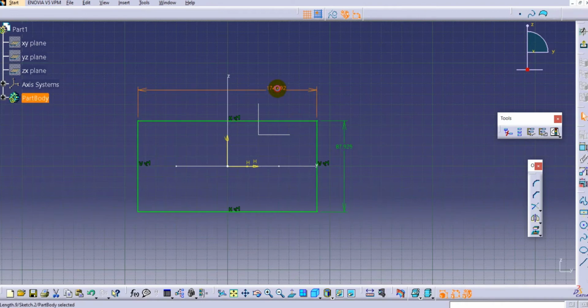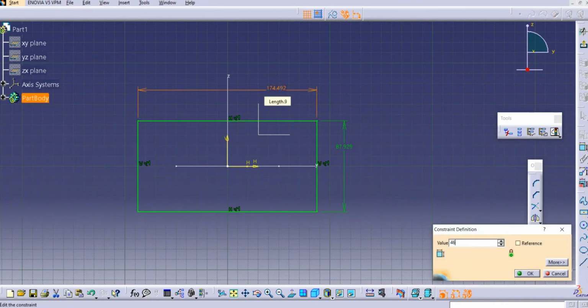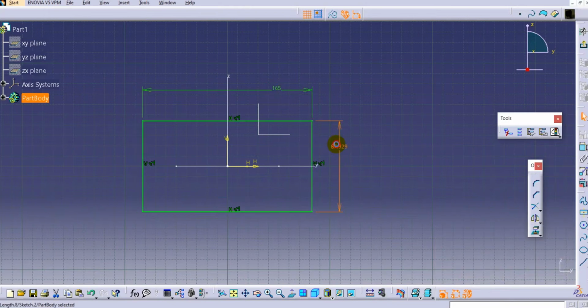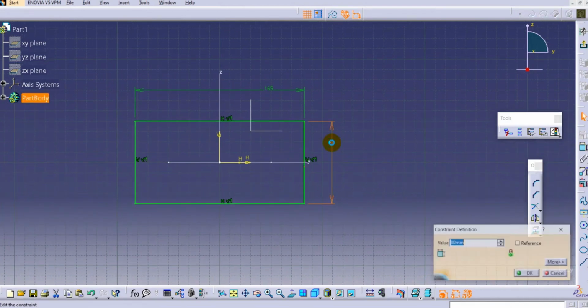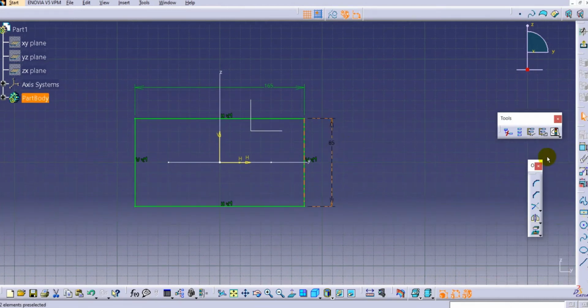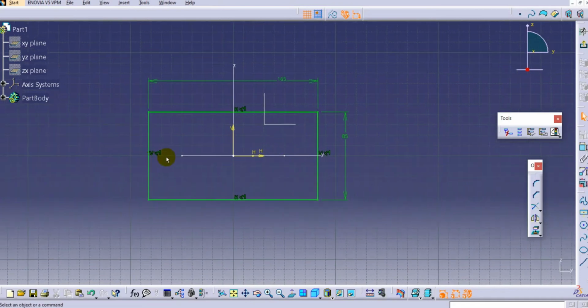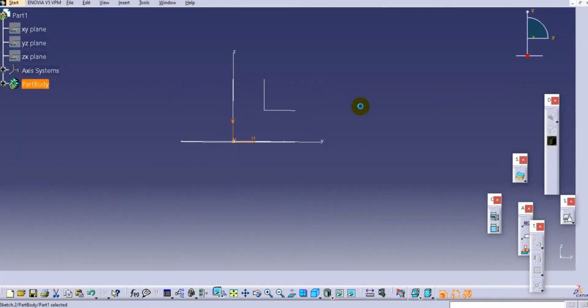So horizontal dimension, let's create approximately 165, and here we will provide 80 or make it 85. So this depends upon your requirement. You can provide the dimensions and exit the workbench.